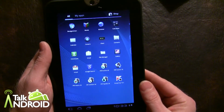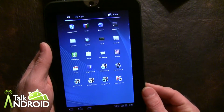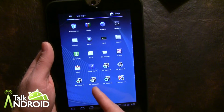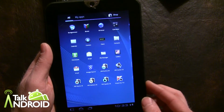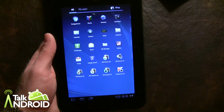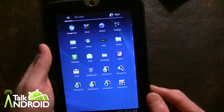As far as apps go, I see they are, for whatever reason, in love with the hardwood games. They offer different solitaire, hearts, spades, and backgammon. I've yet to see that on a tablet, so that's quite interesting. They also have